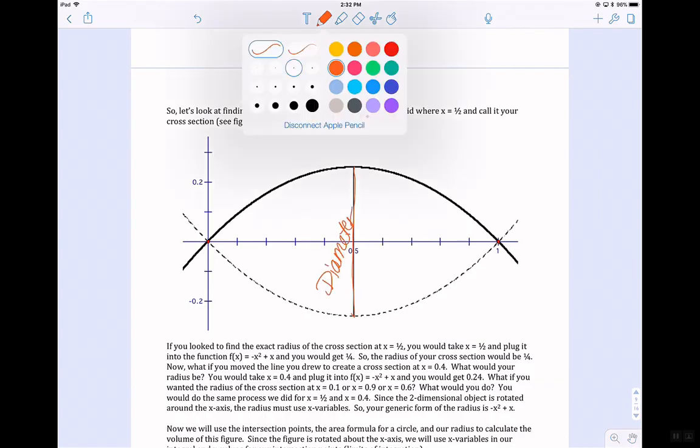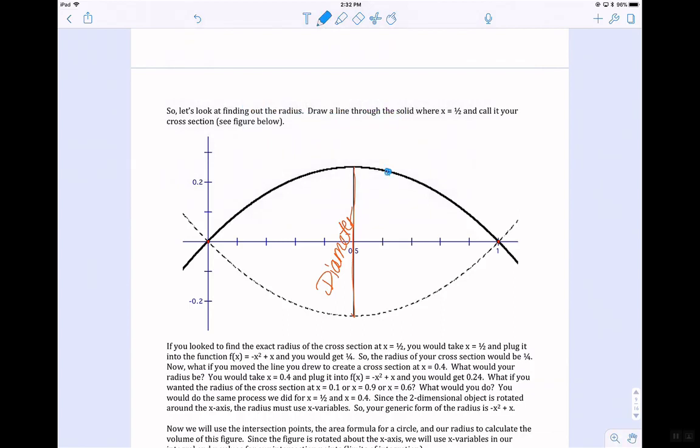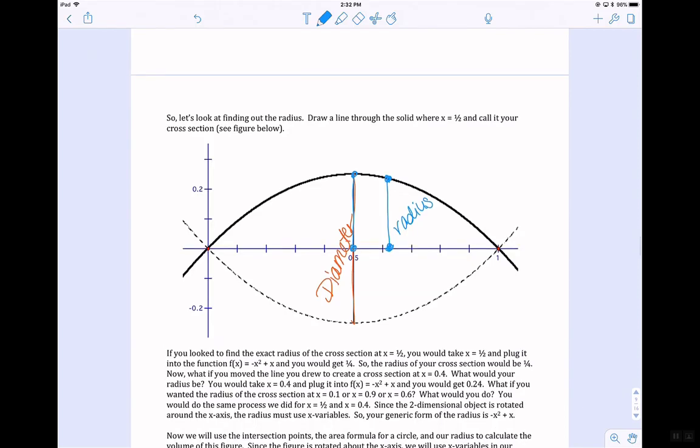So what I want is from the equation to the x-axis to give me my radius. Okay, if you struggle with what the actual radius is, pick an actual value for x and then calculate the distance between the 2 points. Okay, so if I were to pick 0.5, for example, in order to find this distance,